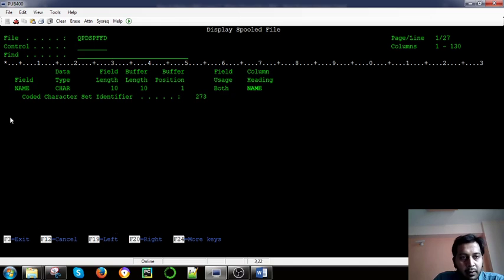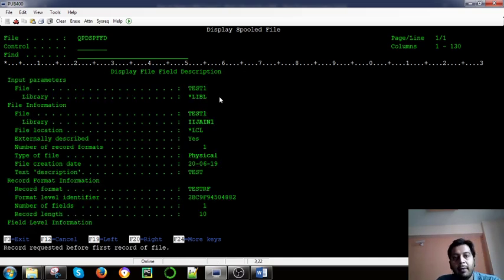You can see the name, how many fields and what length they have. So we have two very good commands for physical file definitions: DSPFD and DSPFFD. This is also very important.